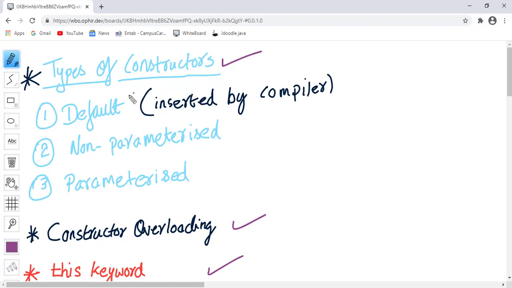First, types of constructors. There are three types of constructors. First one is the default constructor, second one is the non-parameterized constructor, and third one is the parameterized constructor. Yesterday we